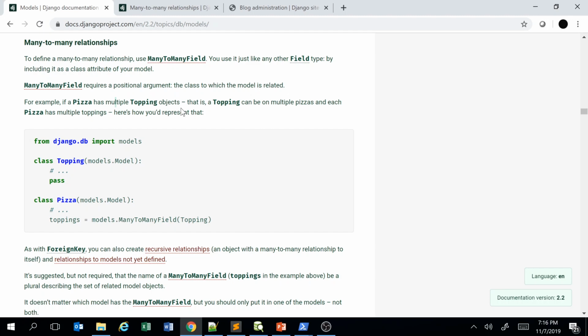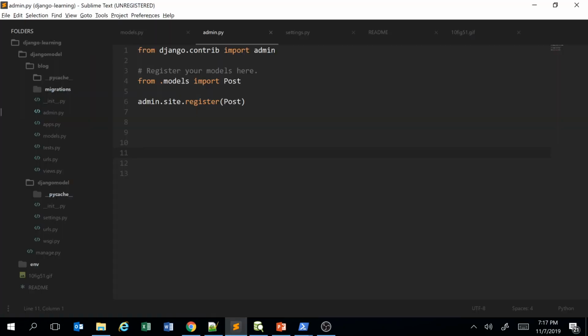Based on that, we have to design our object relationship mapping and come up with our own idea of how these two tables have to be correlated, and then take a decision whether we need many to many or a foreign key or something like that. When is a foreign key required? If one object belongs to one other, then it is a foreign key. What does it mean? If you take the existing diagram,